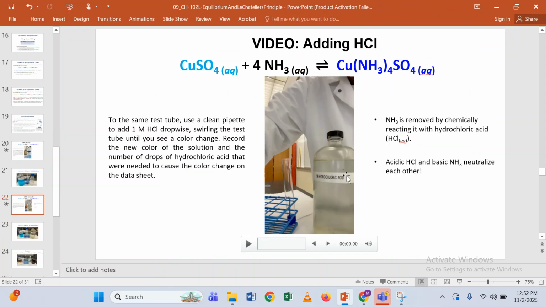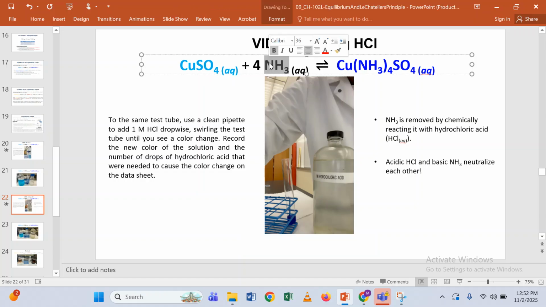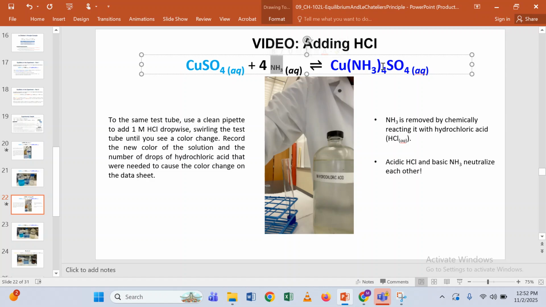Now, hydrochloric acid, when we add it, it will start removing NH3. Now, this is a system at equilibrium. When you remove NH3, the system now feels very sad. Why? Because when you remove it, the system wants to make more of it. So how do we make more of it? Do we shift to the left towards it, or do we shift to the right away from it? Let's see. So the system is going to shift